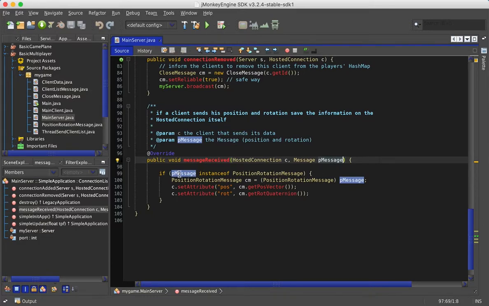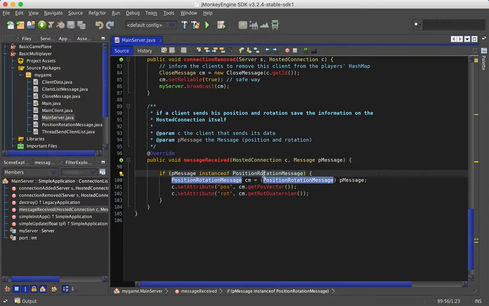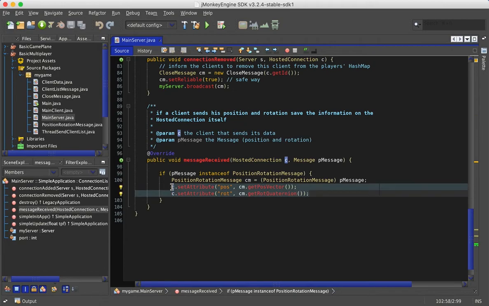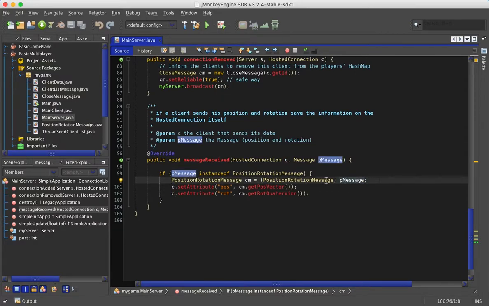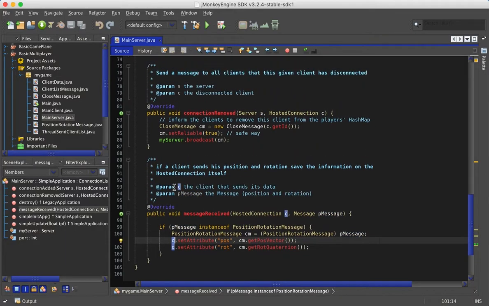And if this message that is received is an instance of a position rotation message that every client sends in order to send its position and rotation, then we can just cast this message to a position rotation message and then store the updated values on the client object itself. So client C sends its position and rotation, so we are going to put this updated position and rotation that are stored inside the message, so we can update these attributes on the client object itself in our hosted connection